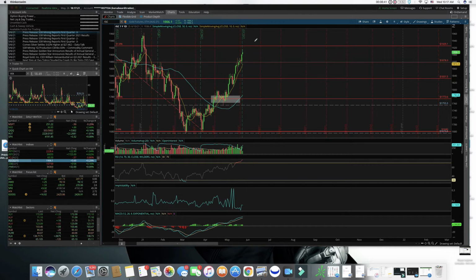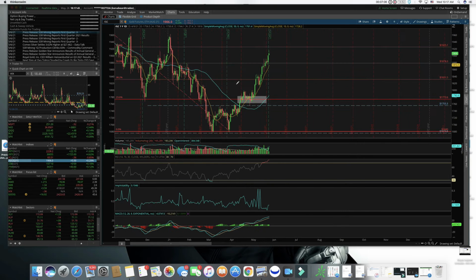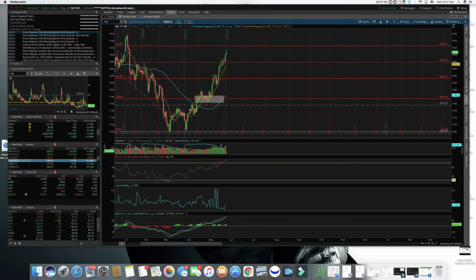I would think that it will pull back and maybe consolidate or even pull back even further down. The 50 is really far away here, so that's concerning. But since the 50 is so far away, that's showing us that this market is having an exponential growth, and the 50 is not even keeping up with this past price action. So gotta keep that in mind.